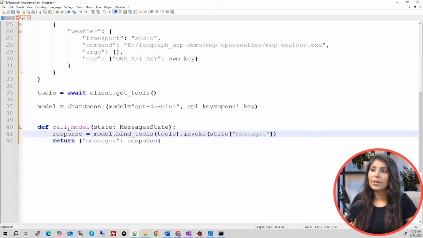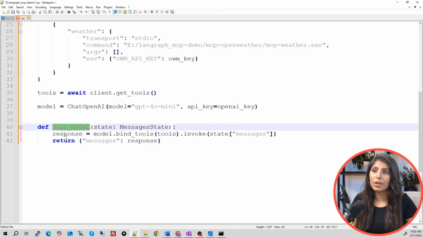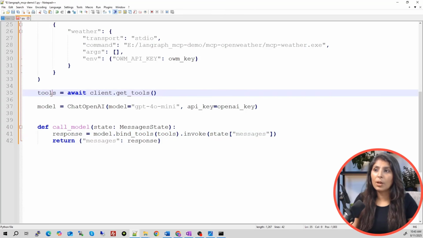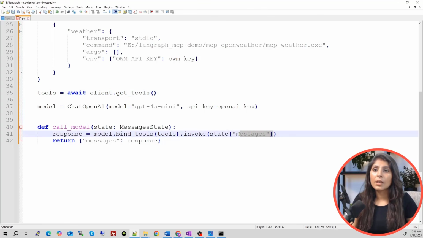See, we have created one function with the name call model. And here, model, which model? The model we have defined over here. Dot bind tools. Bind tools is a method. Which tools do we want to bind? The tools which are available over here. And here we are providing the chat history, the conversation which is going on between the user and the LLM.